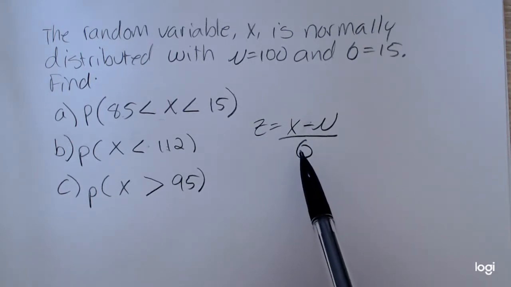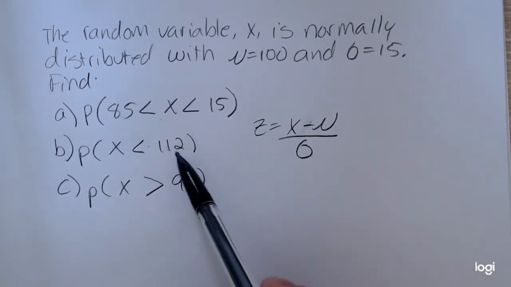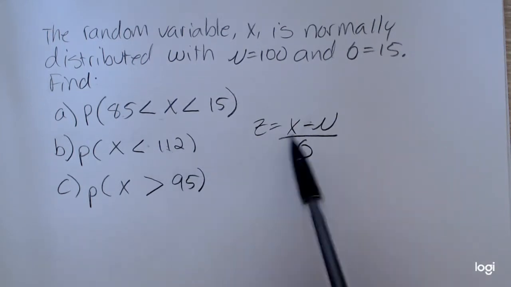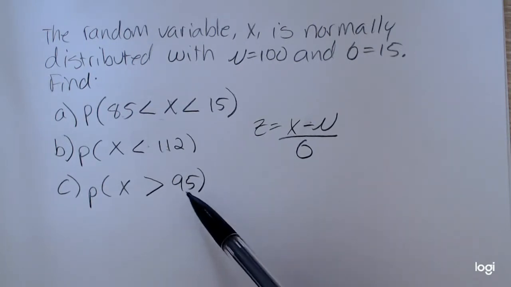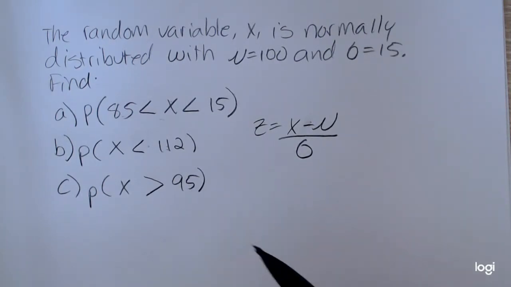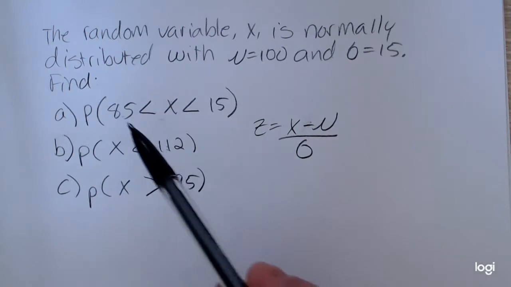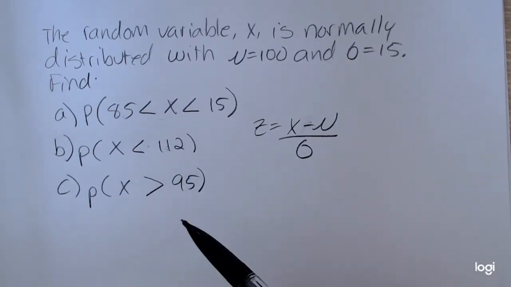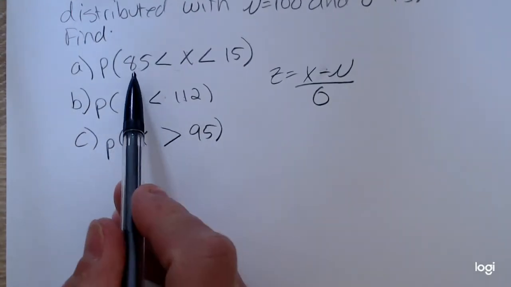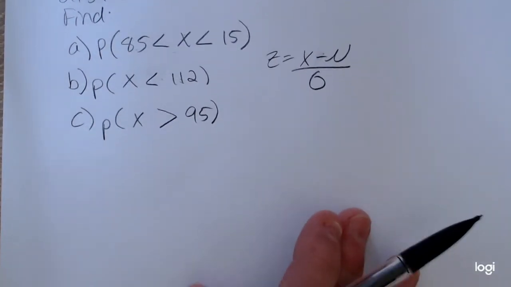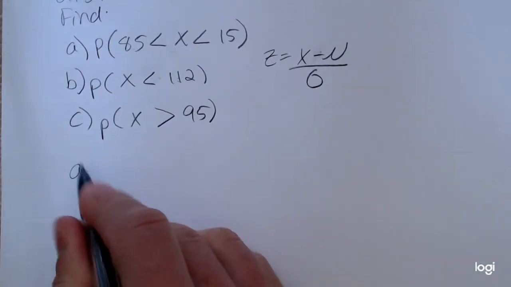Then I could use the standard normal table. For this one, I would plug in 85 for x, subtract 100, and divide by 15, and the same thing with the other endpoint. So if you want to use the standard normal table after converting your x values to z-scores, you can. A quicker way to do a problem like this is just to tell the calculator what mu and sigma are. So for part A, the probability x falls between 85 and 115,